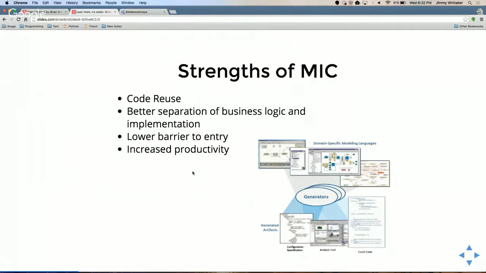And another thing that it does is when you're modeling, a lot of times the barrier to entry is a lot lower, especially for domain experts, because a lot of times you can capture things in visual programming, like capture intuition and such that you can't capture when you're using just text.